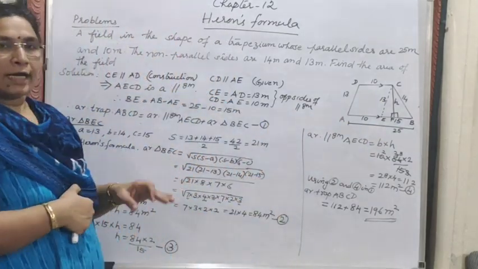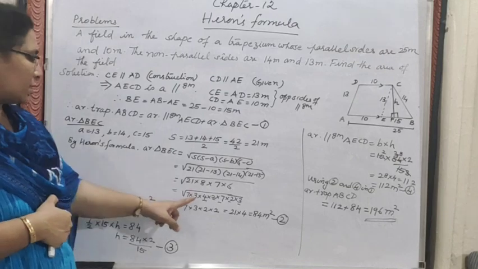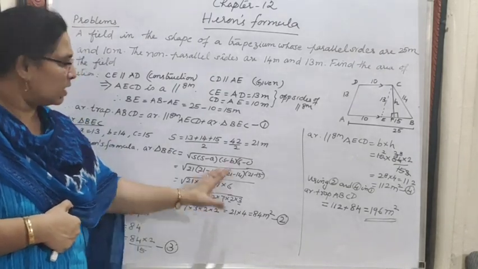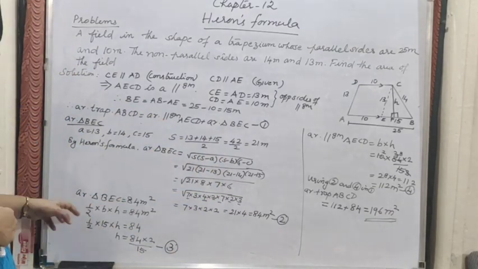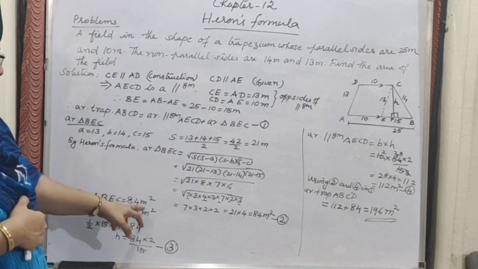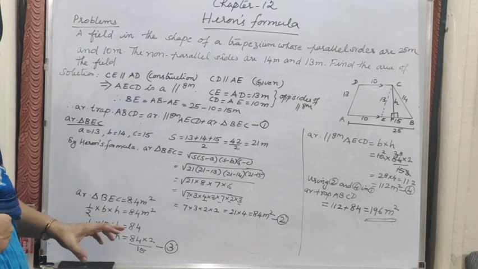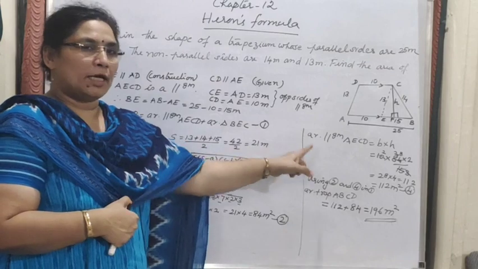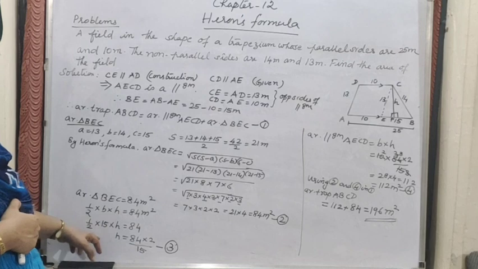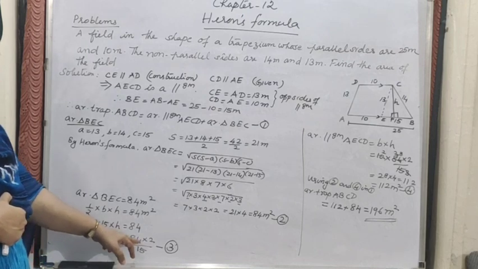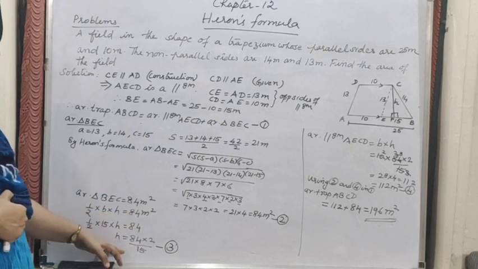If you got all the three sides, then which formula to be used? Heron's formula. By Heron's formula, area of the triangle BEC equals 84 meter square. Right? The same concept. I think the same measurement we have used once. Now the area of triangle BEC we have already calculated, 84 meter square. By using this we should get the perpendicular height, because the parallelogram formula is base into height. Height means perpendicular only. So for getting this H we are using the formula half base into height. It is equal to 84 into 2 by 15.